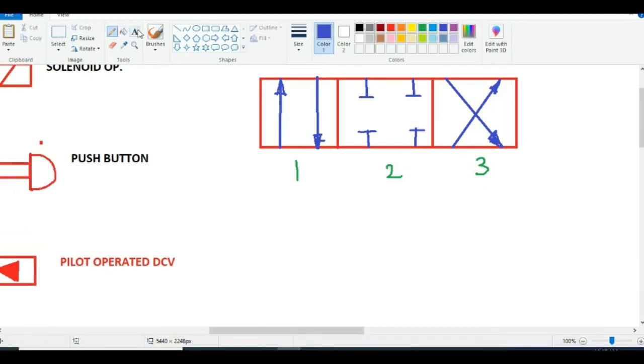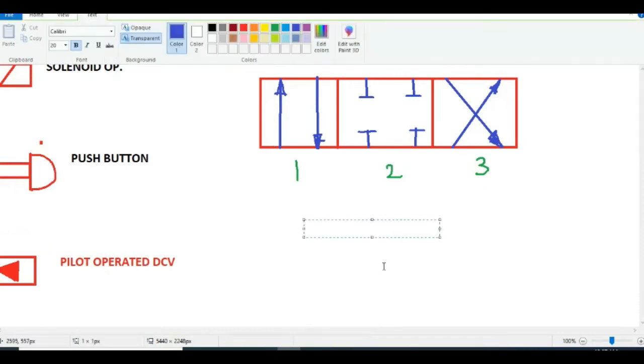Now, what is the name of the direction control valve? How many ports are available here? 4 ports. How many ways are available here? How many positions are available here? 3. Okay, 4 ports and 3 positions. So this is the 4 by 3